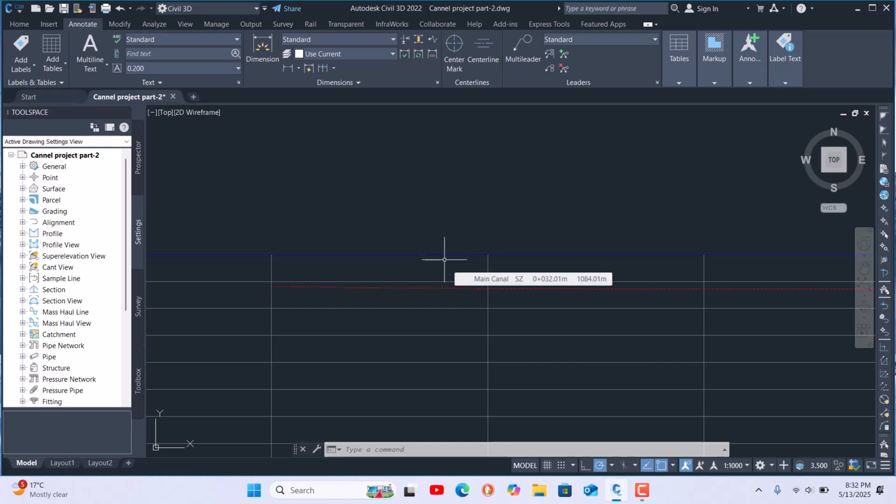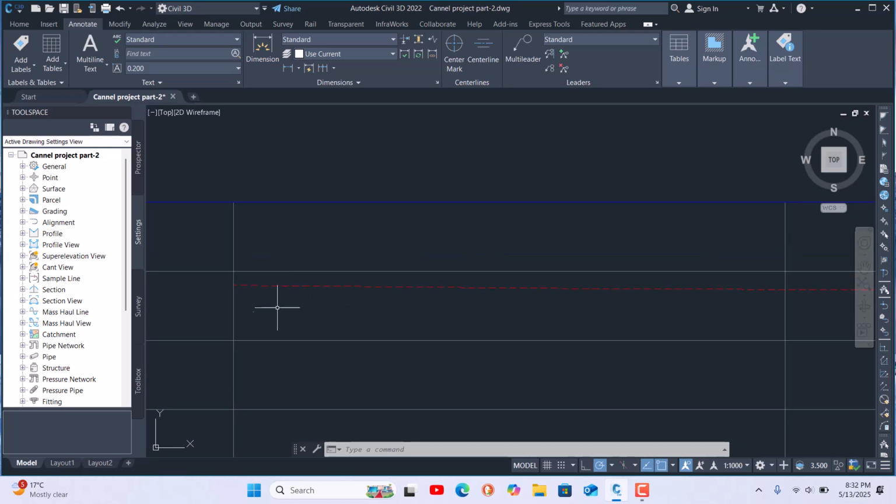Just for explaining purposes, I'm choosing one thing here, minimum cut and fill, and I'm saying here a 2 meter depth. Okay, this is around 2 meter depth. So we'll follow as per this lump sum I'm doing. If you are doing a real design, then you should be careful. First draw a polyline and offset it, then you create your profile.